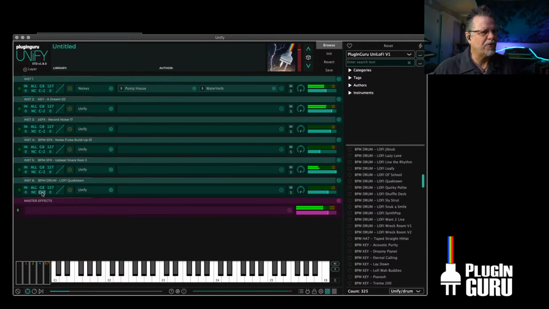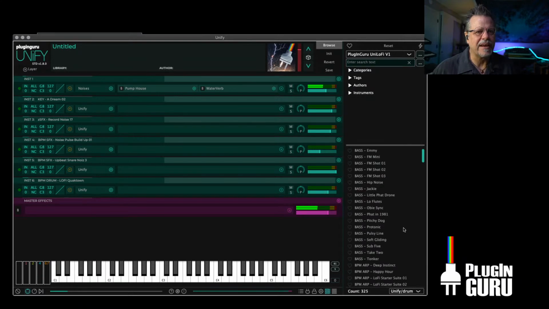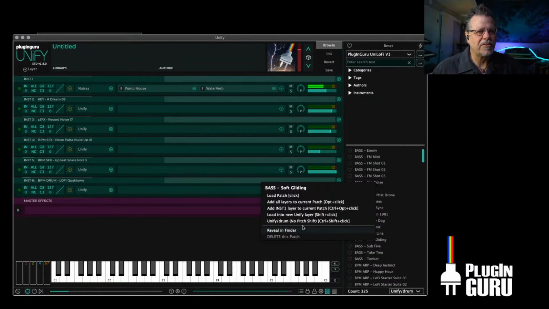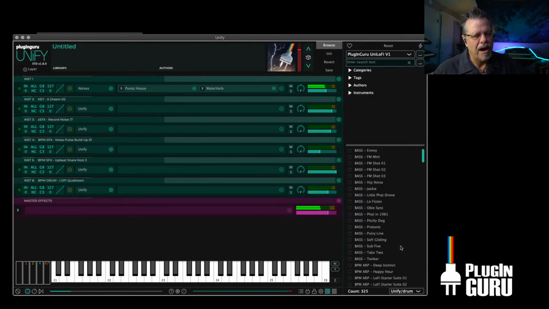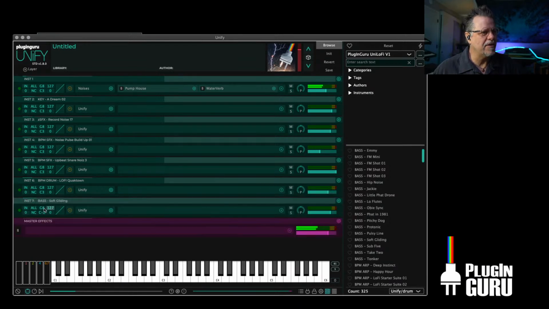And if you want to take this further, just right click on all of these and let's say stop at C, and then go up here to the basses and choose something like soft gliding. Load this. I could click or I can right click, I'm so used to right clicking. Soft gliding. Let's load this into a new Unify layer. And I'm going to right click up here and drag. That's another way to change the key range and set that to B2. And now